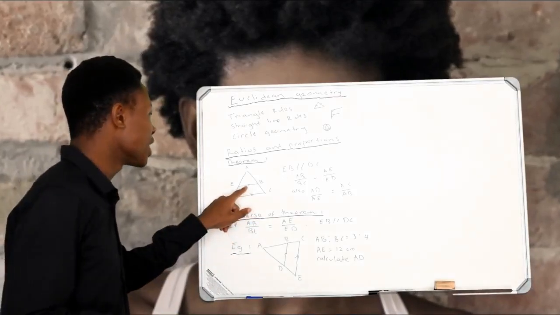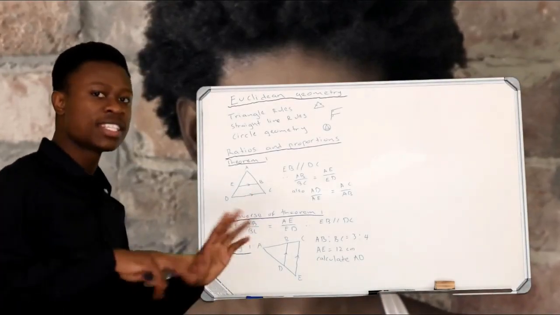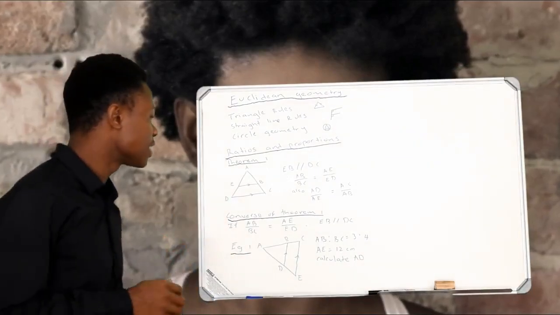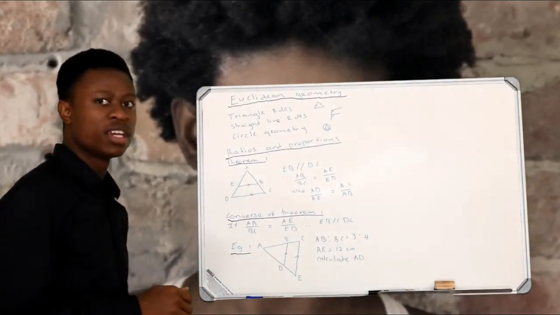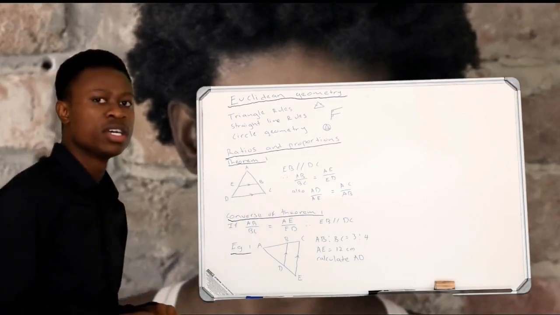Let's say they didn't give us that these two lines are parallel. They didn't say those two lines are parallel. But then they say AB divided by BC is